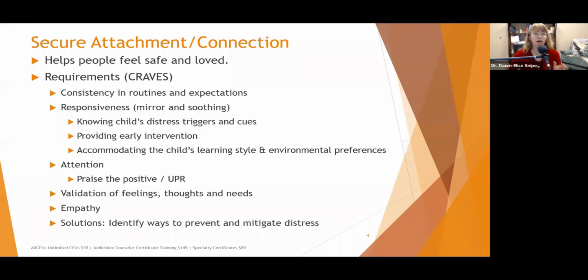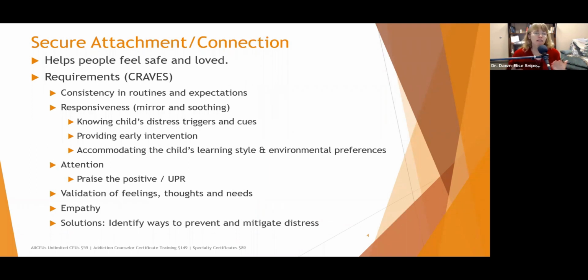Don't get me wrong, that takes a lot of time, but most of those cues are not going to change a lot into adulthood. They may learn to deal with a lot of them better, but some of the cues are still going to be there. For example, if they're hypersensitive to smell when they're 2, they're probably still going to be hypersensitive to smell when they're 32. They may have learned ways to deal with it so it doesn't trigger the dysregulation to the same extent, but those cues are still going to be there.